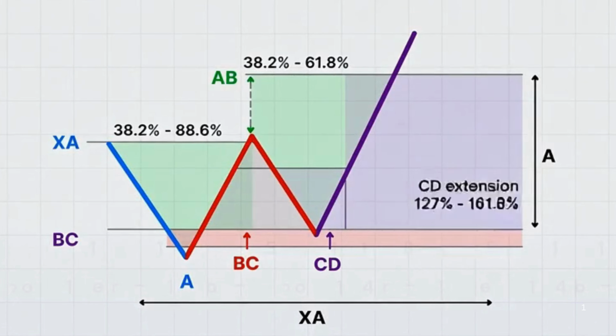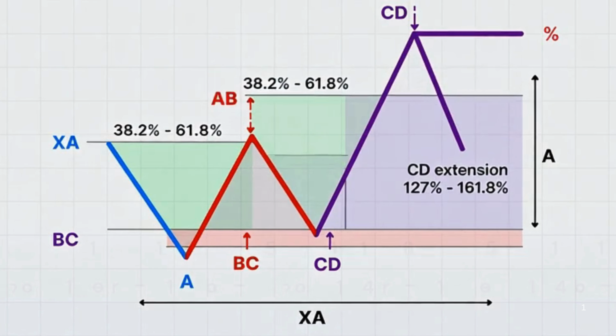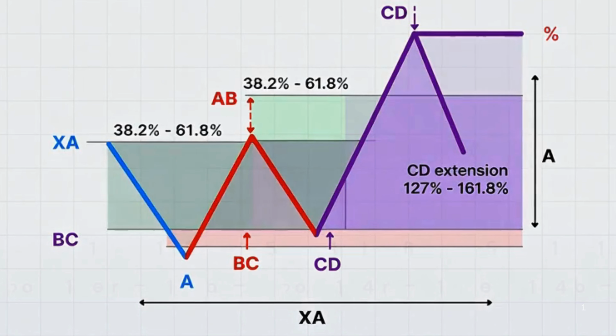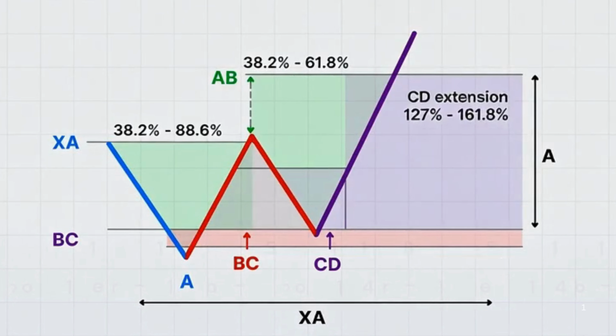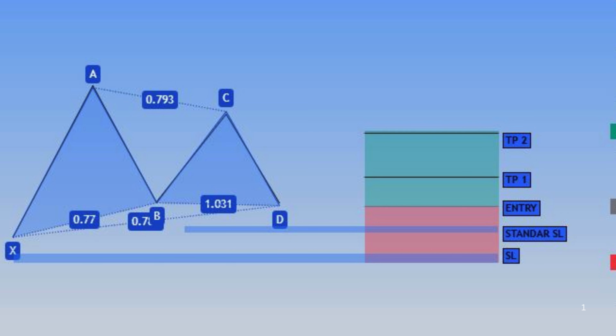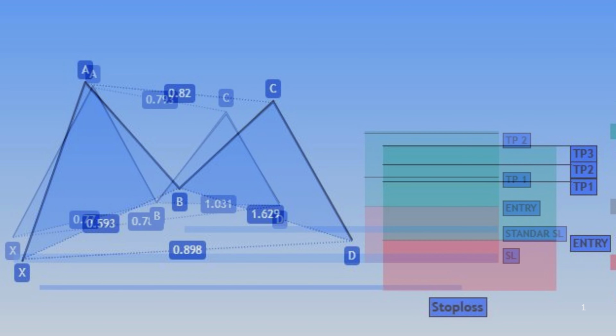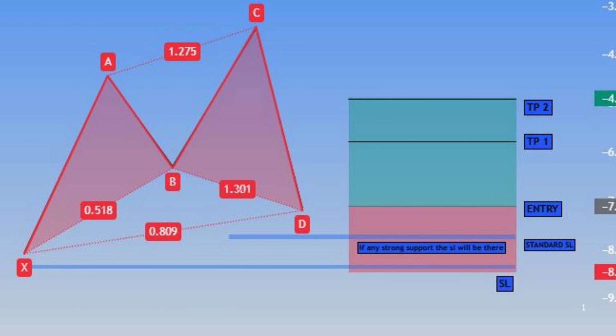Harmonic patterns follow strict Fibonacci rules. AB retracement usually moves 38.2% to 61.8% of XA. BC retracement can be 38.2% to 88.6% of AB. CD extension typically stretches 127% to 161.8% of BC. Each pattern, like Gartley, bat, butterfly, or cipher, has its own specific ratios, making them precise tools